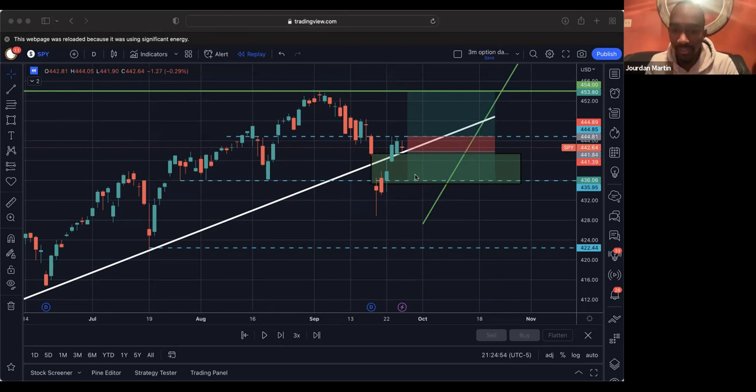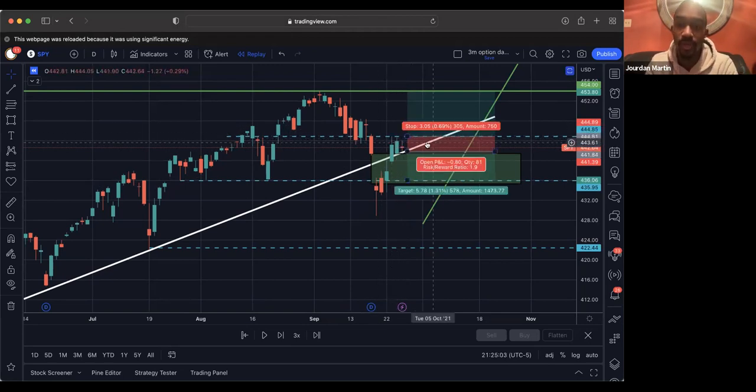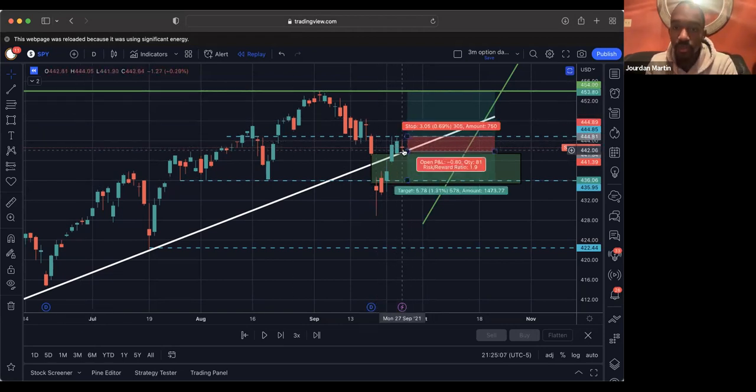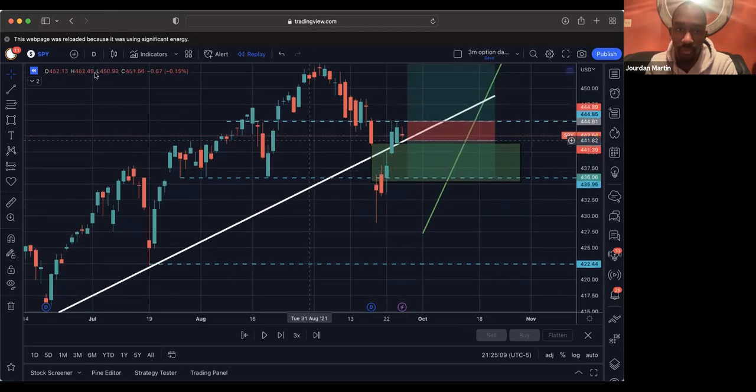What I was going to say, I didn't want to get too deep, was waiting for the break of this candle to go to the gap fill. All right. This is our exit. And that's why resistance and support, supply and demand still matter. But now here's our current setup: we have these inside candles,